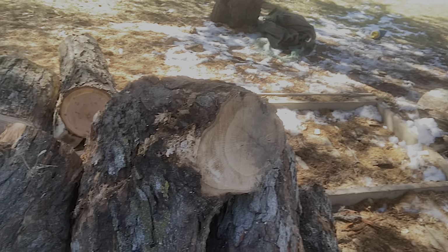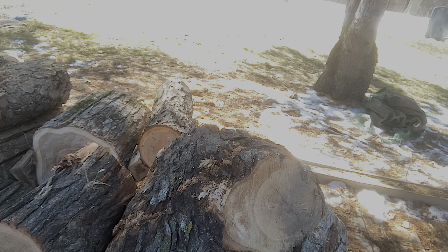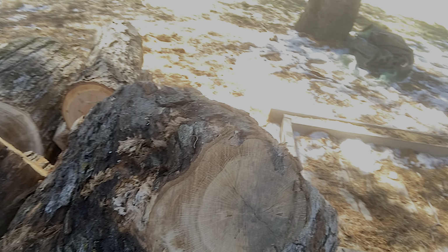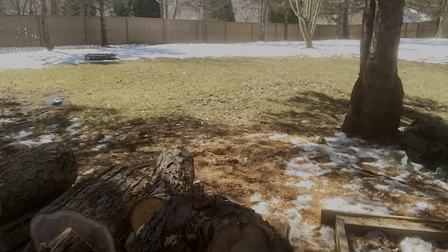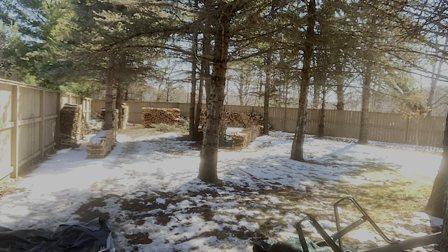Anywho, let's talk about what I do with pieces like this, the big knot on the side. So with a battery chainsaw, it wastes a lot of battery to just slice it like this. So what I do is I just make a split right here and shear off this piece, and I just burn the big piece for myself. It works. I got a stack of them back there on my stack, and they're huge,